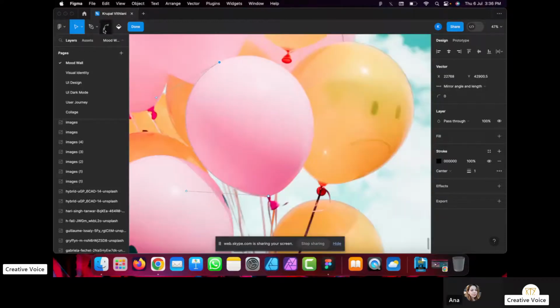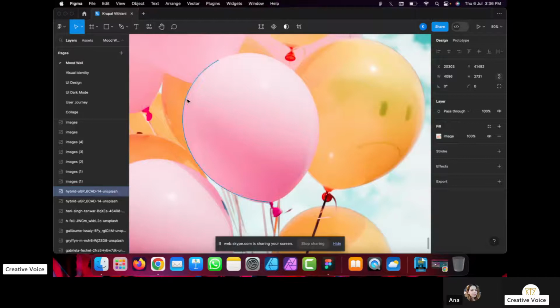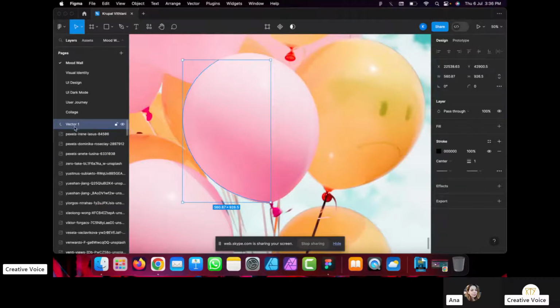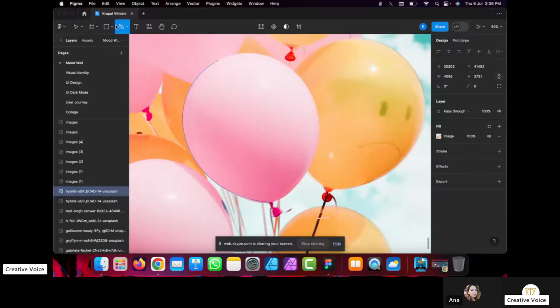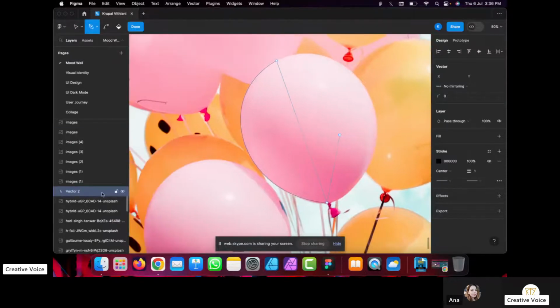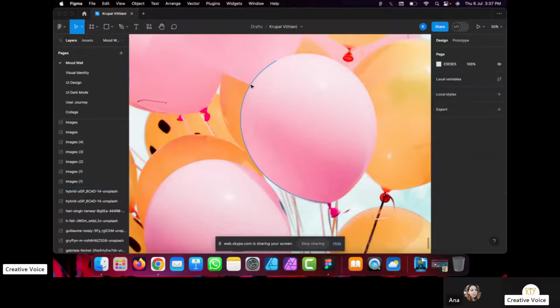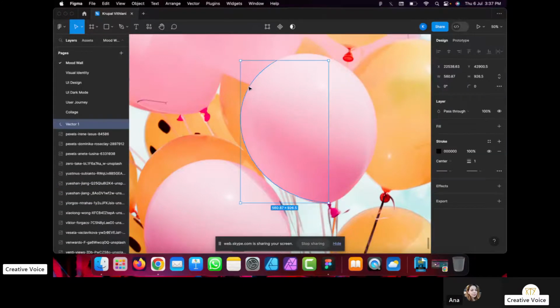And now if I use the pen tool again, let's say I accidentally hit escape or accidentally did something where this thing was shown as vector 1 here, and you can see this box here. So now if I took this pen again and started drawing, this shape will never close. Why? Because whatever I draw here is vector 2. It's not the same shape. And so what I have to do is I go to vector 1 again and